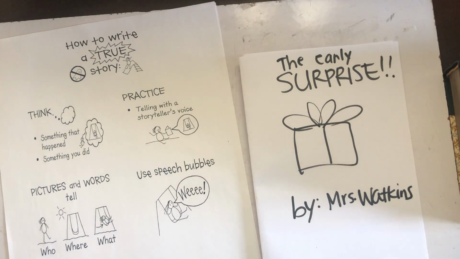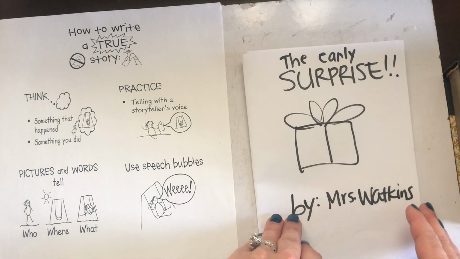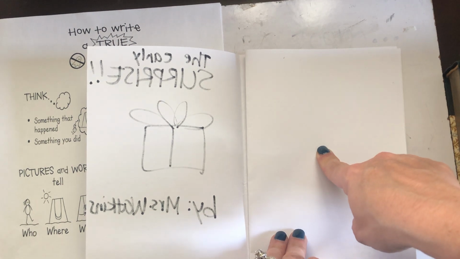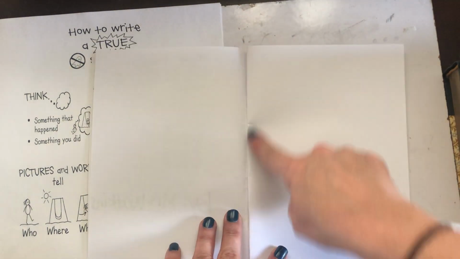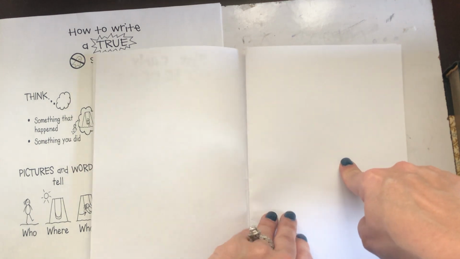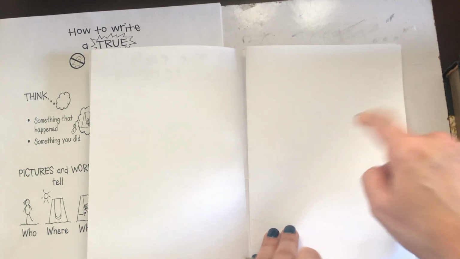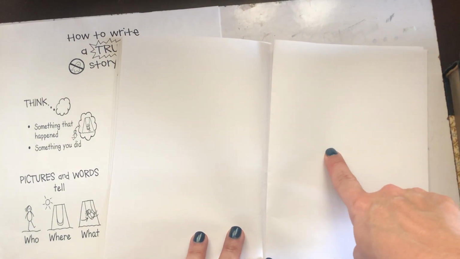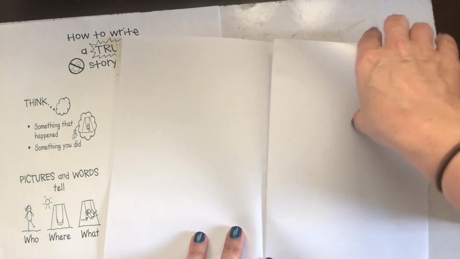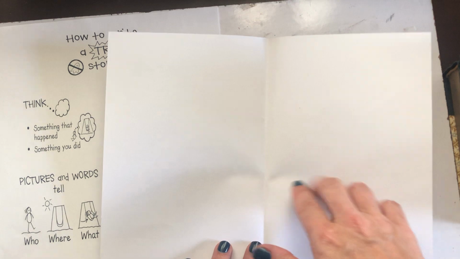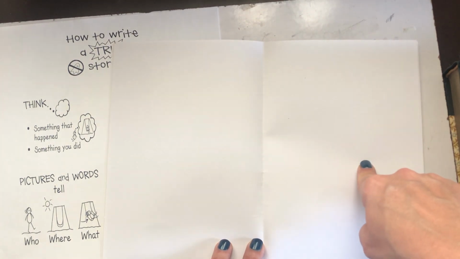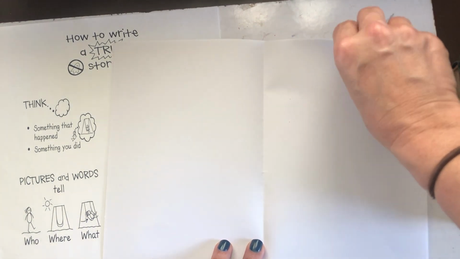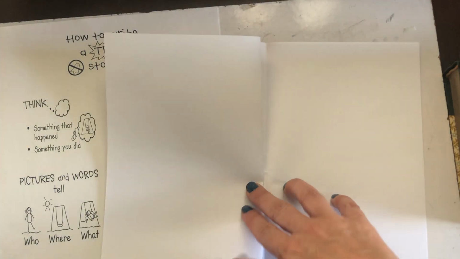So what I need to do now is go through and think about what pictures I want on the pages, okay? The early surprise is going to start out with me getting out of bed really early, and it was even dark outside. And you're going to see me sneaking. And then I'm going to draw me going into the garage and opening the car door and getting out the gifts and the decorations. And then on this page, you're going to see me in the kitchen. And I'm going to be decorating, and I'm going to talk about how I got things set up. And I told the girls to come downstairs, and we were all sitting at the table, ready to go with our hats on, and I'm going to draw all of the decorations up there. And we were waiting, and finally we heard footsteps, and then we yelled, surprise!